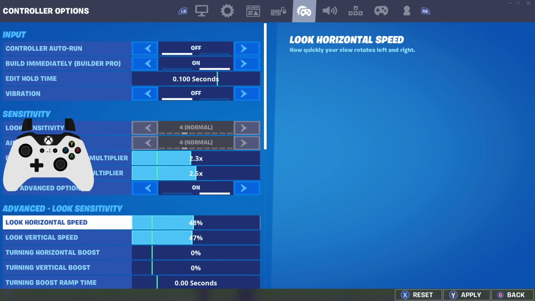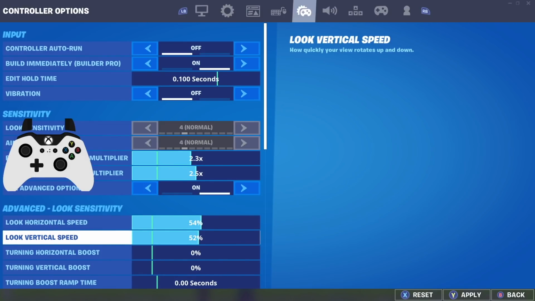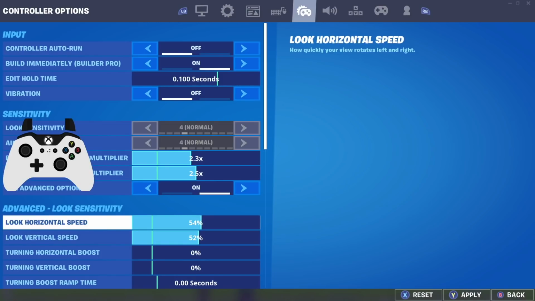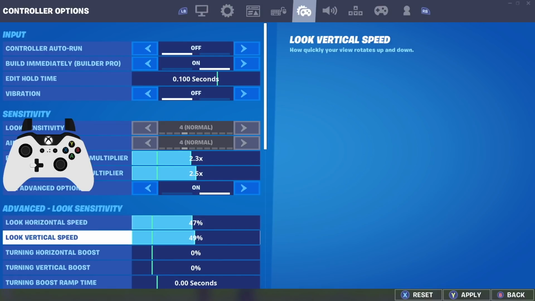And the reason why I like 47, and you can also try a 48 and a 47, is playing on a just slightly higher X sensitivity, so playing on just a slightly higher horizontal sensitivity could be a really good advantage and can help you improve your flick shots, being able to turn around and also help you resetting your walls a lot quicker. So if you guys like higher sensitivity, you can definitely try out something like 54 and 52%. Obviously, you would want to lower your building and editing sensitivity if you did that,